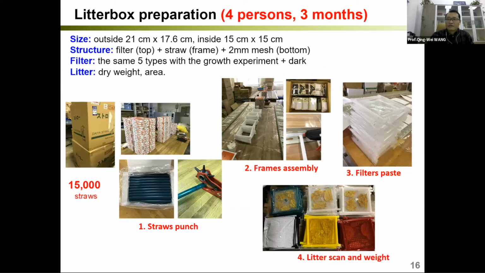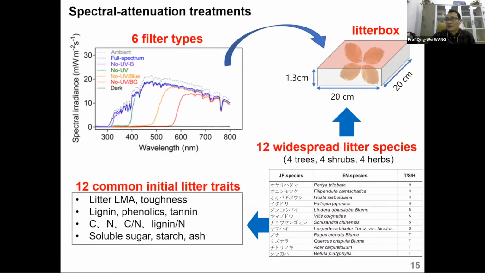In order to make such a Leadbox, I visited many stores in Japan to find the biggest filter. But finally, the diameter of this filter is about 1.3 centimeters. The size is 20 by 20 centimeters. Of course, larger is better, to make the conditions much closer to the natural status.